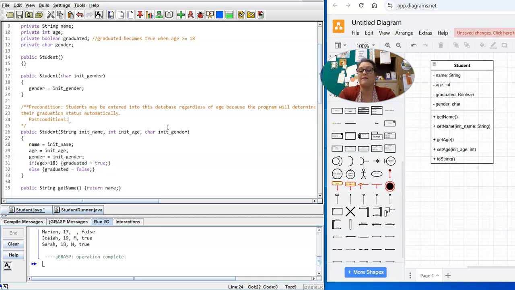So I might have in my list of postconditions that the graduation Boolean will be true when age is greater than or equal to 18. Okay, that would be a postcondition, which is a result that occurs when the code that follows this documentation is